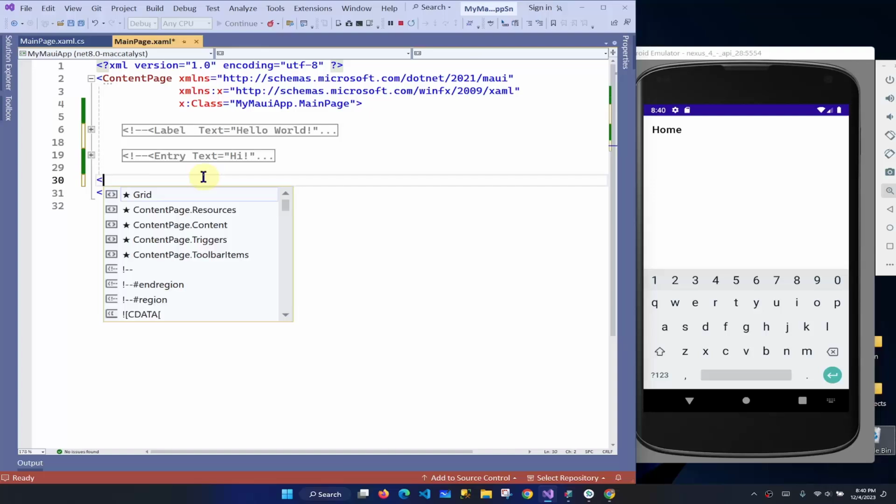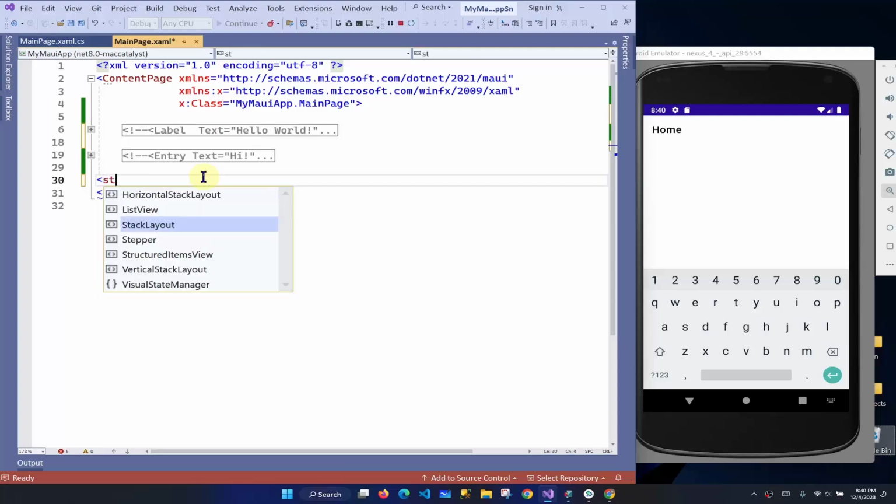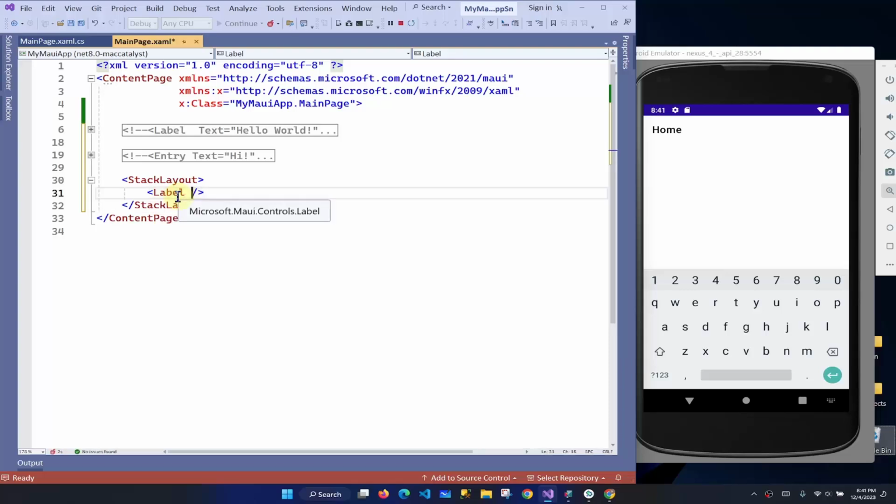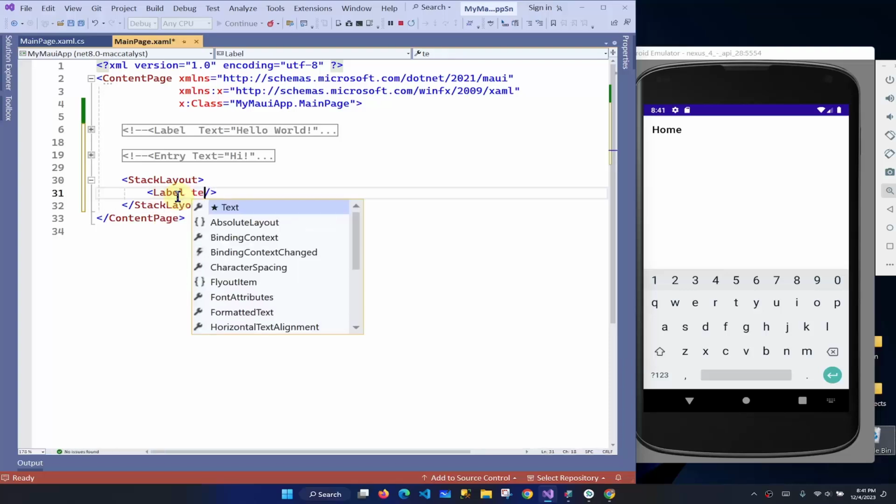It's very simple and straightforward. A stack layout. You can see the stack layout over here. Close the tag like this and press enter. We need to add any control inside it. So I can come over here and add the label and close the tag and say, for instance, the text